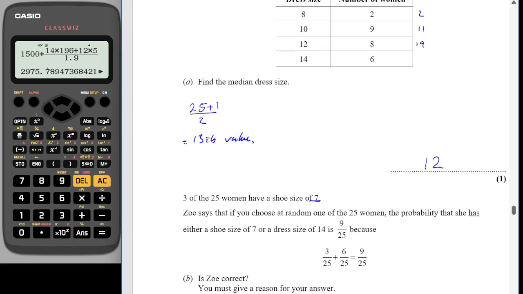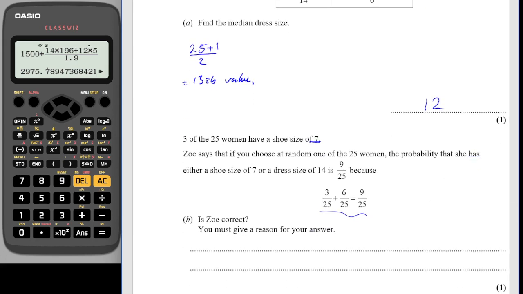Probability of one thing or the other thing happening is correct in terms of our kind of method, but we're going to have some people, the events aren't mutually exclusive. They can happen at the same time. So you can have a woman who has a shoe size of 7 and a dress size of 14. So I would say no,